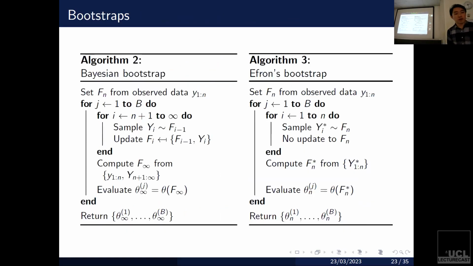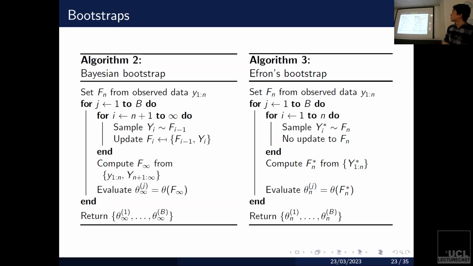I'm now going to talk a little bit about the interpretational aspects of this Bayesian Bootstrap and why I think it's a really nice workhorse to compare the Bayesian and the Frequentist. So on the left here, we have the Bayesian Bootstrap. For each posterior sample, we're going to do predictive resampling, at least conceptually. We don't actually need to do this in practice. You're going to be drawing y n+1 to infinity from this empirical distribution, where sequentially you draw from the empirical, then treat that new data point and update, basically a Polya urn. You're going to compute the limiting empirical distribution from this entire population and compute the estimand theta from F infinity.